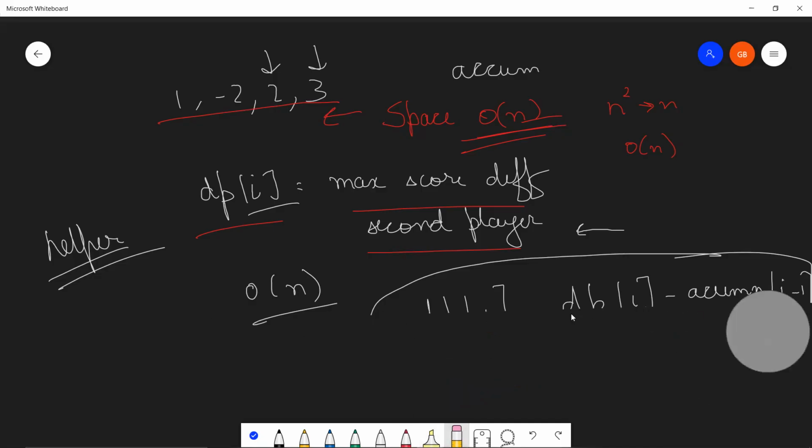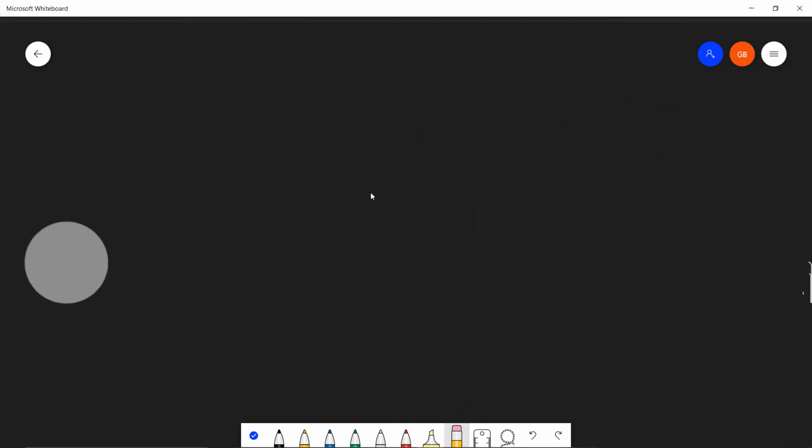So let me just rub this all out. And what we're going to do is discuss the pseudocode a little bit. I think pseudocode would be enough for you guys. Explanation is done. Why we reduce the complexity is done, and how this question was reduced from a hard to a simple problem is done. So yeah, let's discuss the pseudocode.